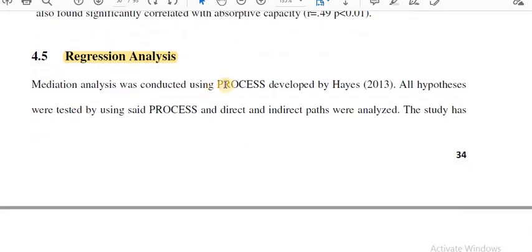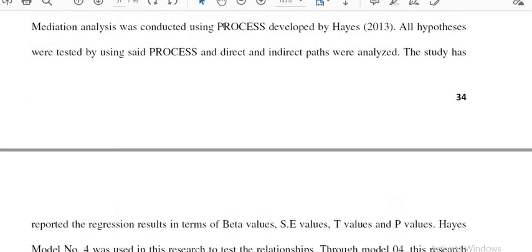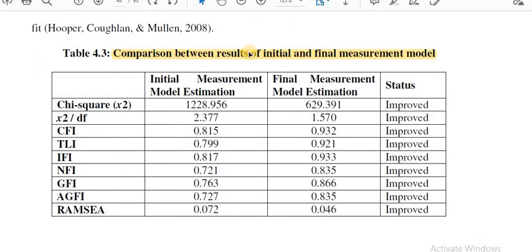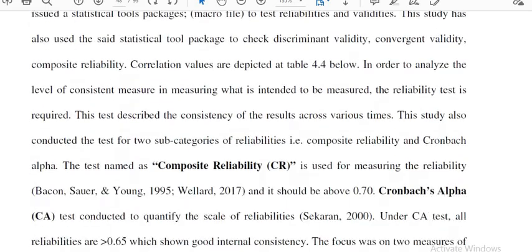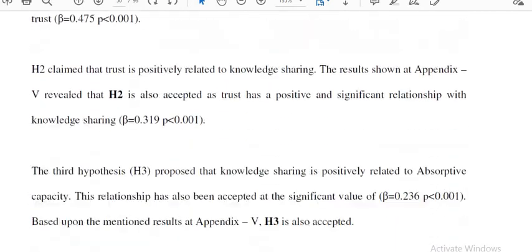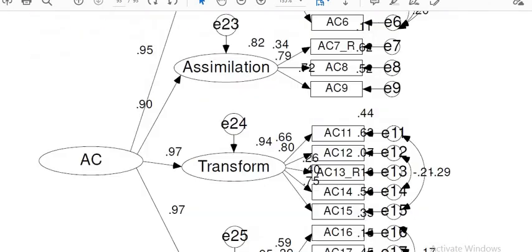I applied the PROCESS macro by Hayes in SPSS software. The model fitness which I showed you earlier, I performed in AMOS software. So all the scholars who are using SPSS and AMOS must use the AMOS software for showing the values of the model fitness. So AMOS is used for this purpose, to show the values of model fitness. And then there is a regression analysis in SPSS by using the PROCESS macro by Hayes, and these are my results. I am able to show you my results, which are